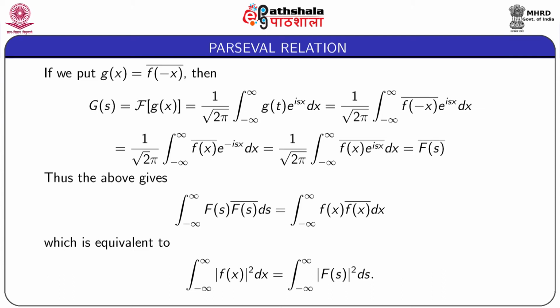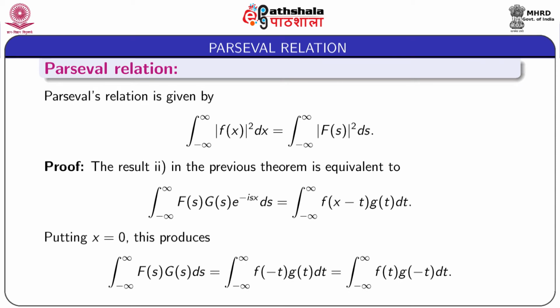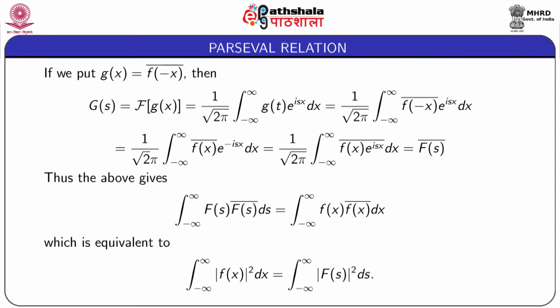In the previous result we put g(x) equal to the complex conjugate of small f of minus x. Then capital G(s), which is the Fourier transform of small g(x), is equal to 1 by root 2 pi